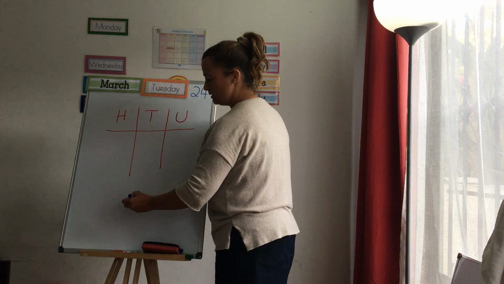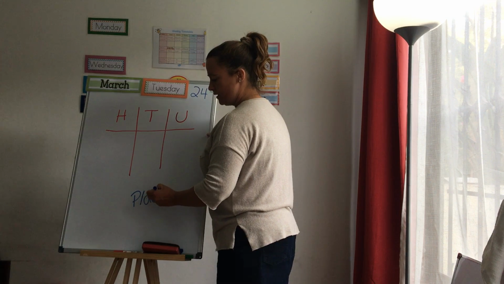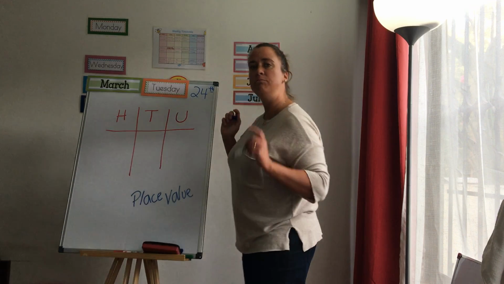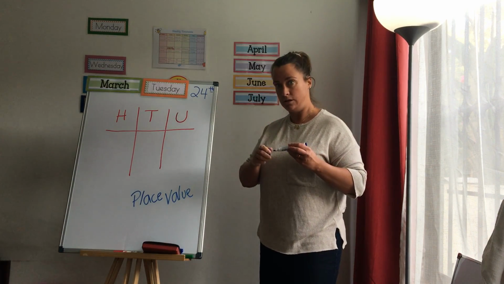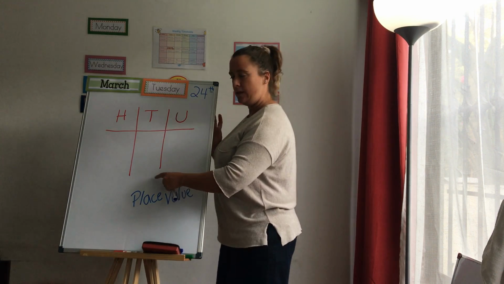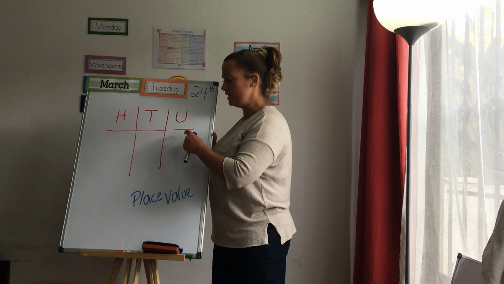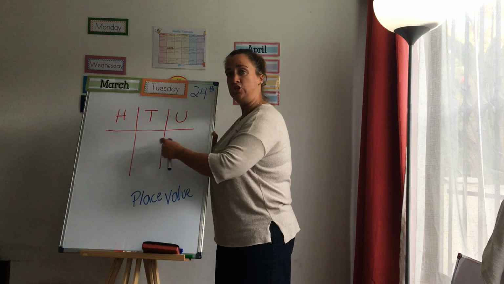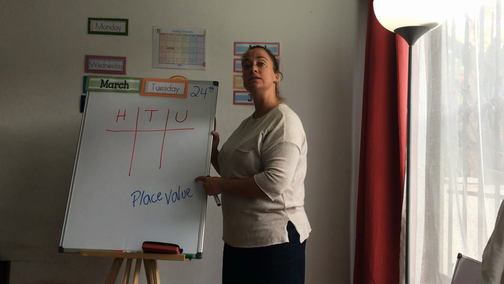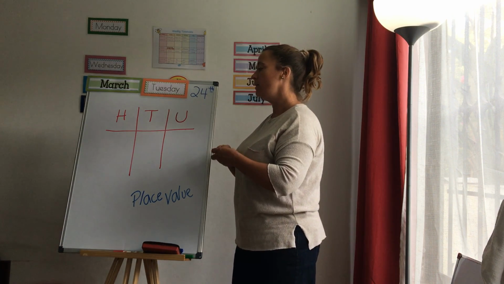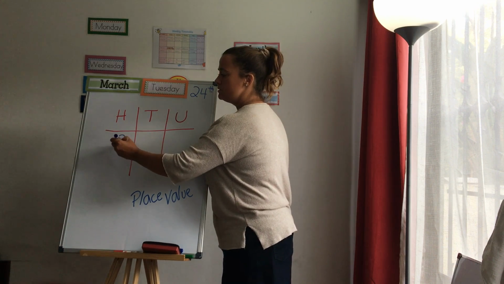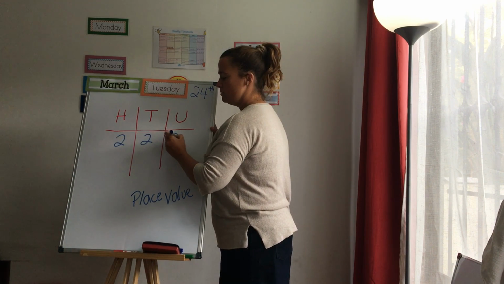Place value. Two very, very important words. Okay? Don't forget them. Depending on what place the digit is in, the value it has. Yes? For example, if my number is 2, 2, 2,